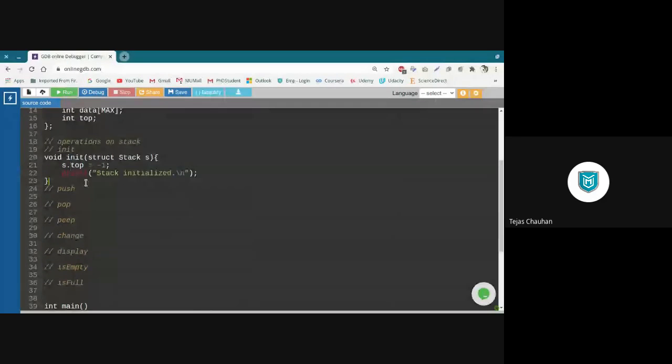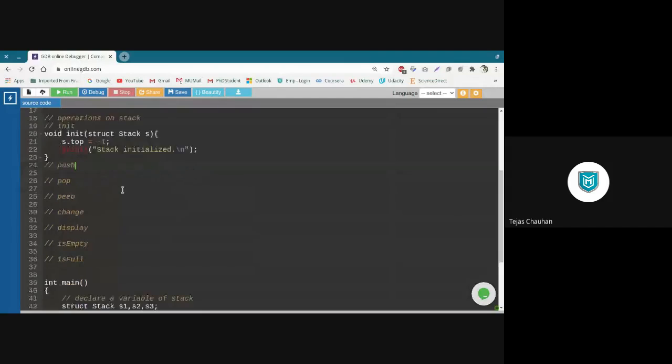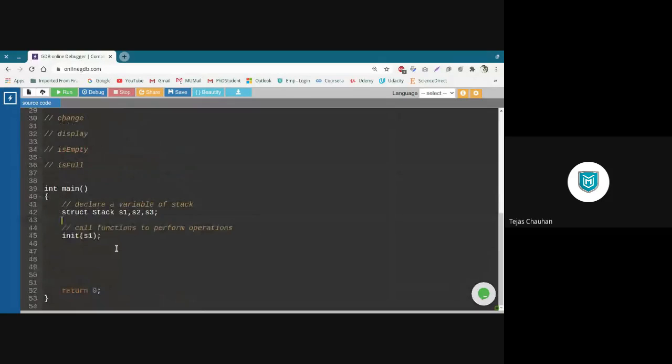Okay, so s dot top, I'm initializing that structure member to -1. So likewise, we can call functions. Now let me get rid of this. Let me have only one variable right now, s, and that is what I'm passing as a parameter. So this is the init function, and we are done.